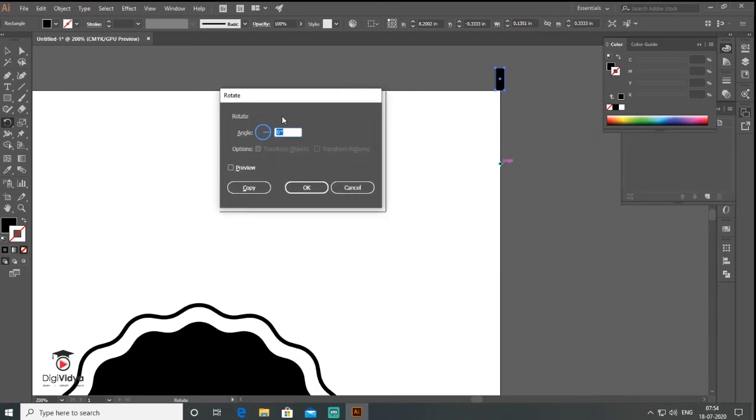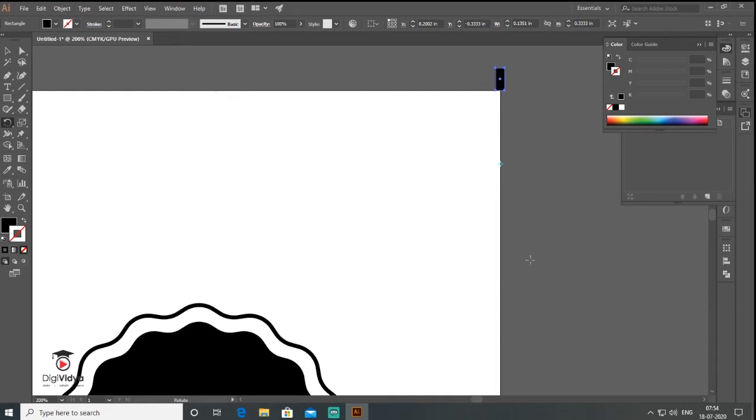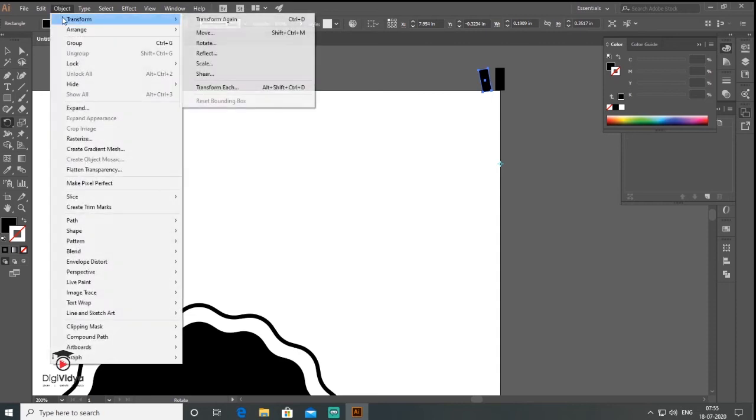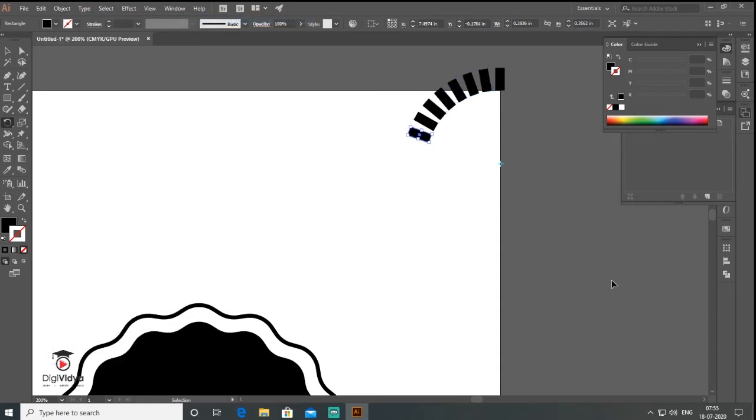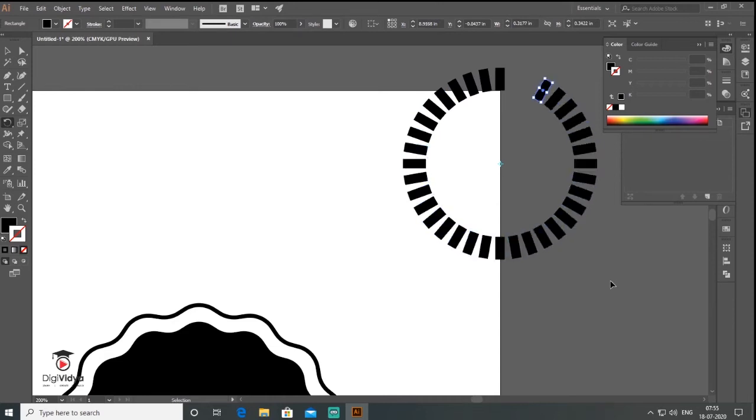After clicking, I need a 10-degree rotation, right? And I need a copy of it. Copy. Then what I do, go to transform and transform again, Ctrl plus D. So look guys, this is an easy tip for you, right?